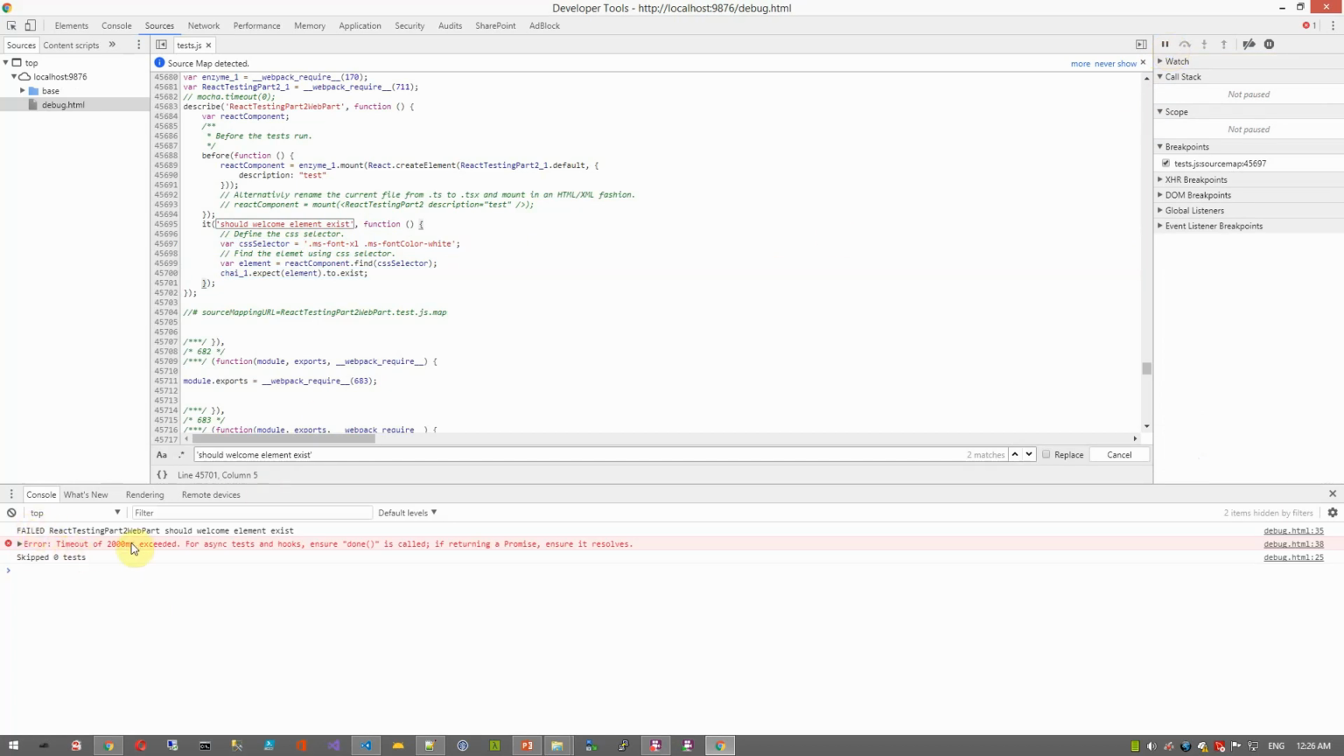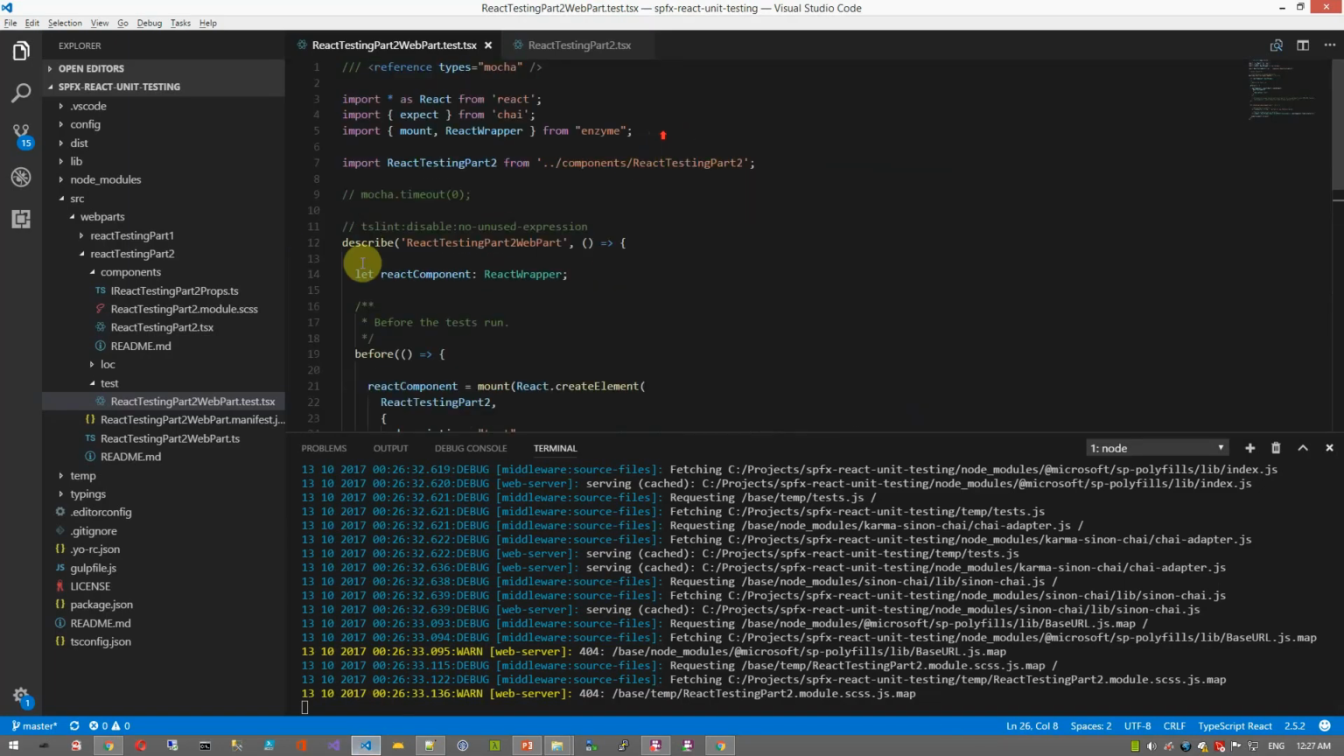Now, it failed because of a timeout error. So Mocha has a 2 seconds timeout by default. If you'd like to debug, you can disable that timeout so you can freely debug. That is the trick here. You can say mocha timeout 0, and if we rerun the Karma server now,